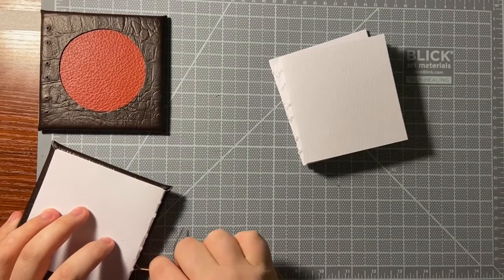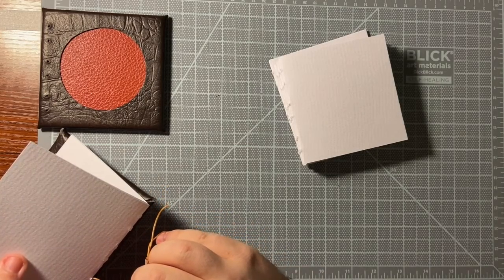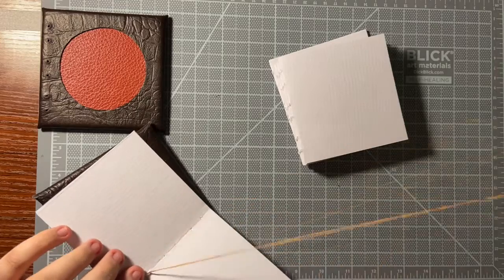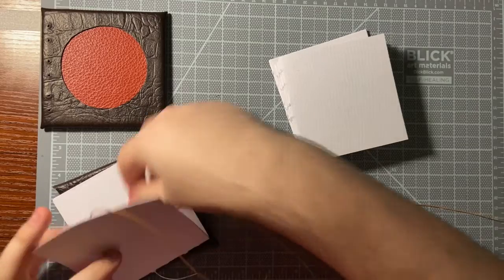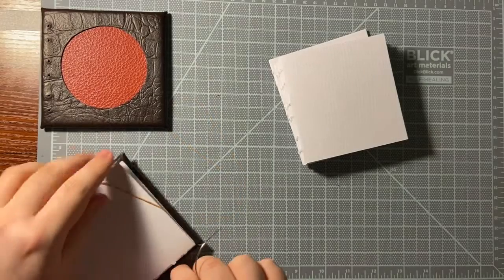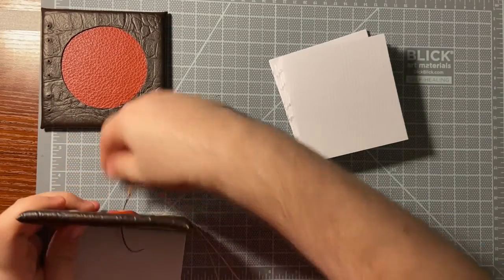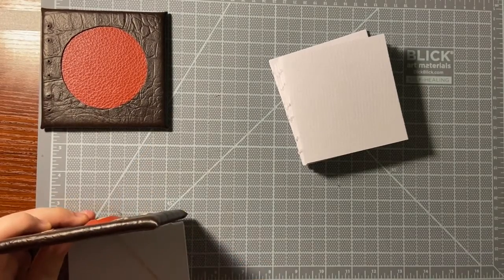Back to the beginning of this Coptic stitch. I'm showing a French link stitch, but I'm starting it similarly to how you would start a Coptic. Going through right there, and then through the next hole. Making sure that my thread doesn't get caught right there, and then I go back through the next hole. Pull that on through,